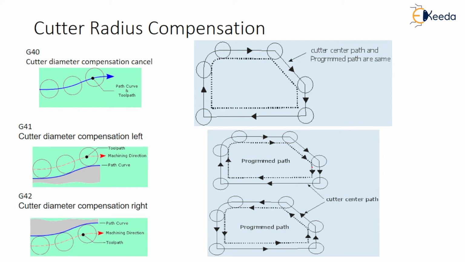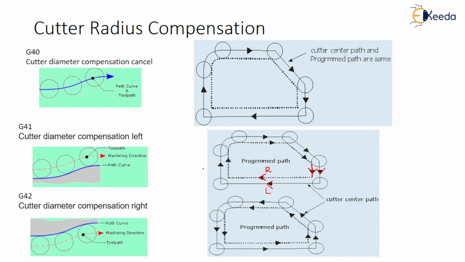So if you are using this, this is our program path, which the programmer has decided, and this is our cutter center path. It means the cutter is also moving along the cutter path. If you observe this side on the arrow mark, or if you choose this arrow, you will understand very well. Along the arrow, there is a right side here, okay, and the left side is here. So what has happened? The cutter is moving on the left side along the arrow mark.